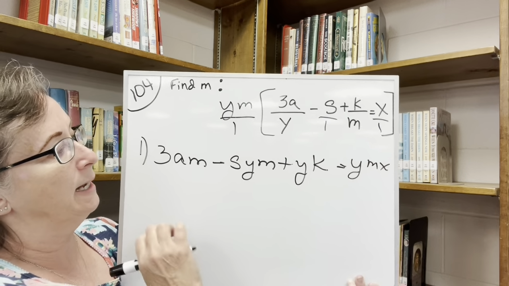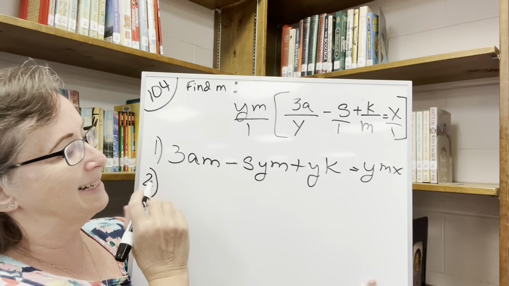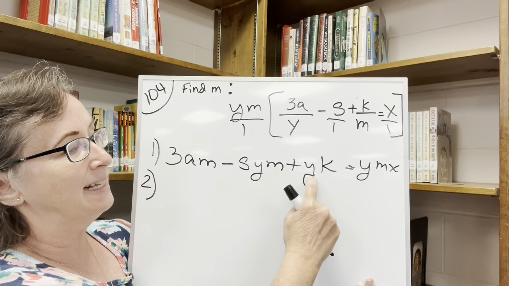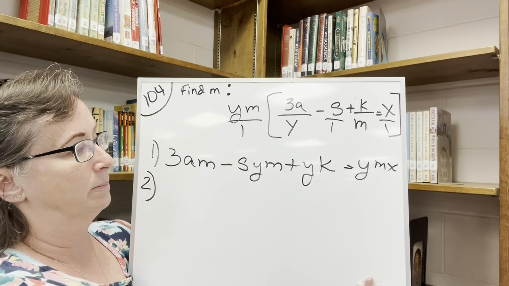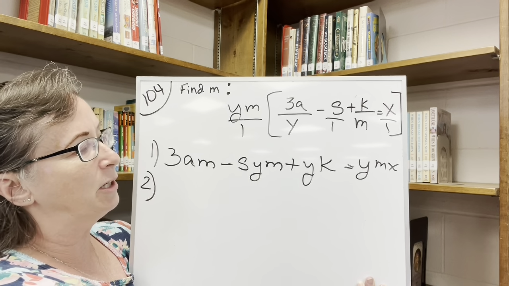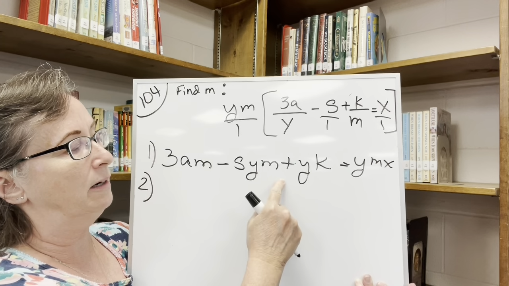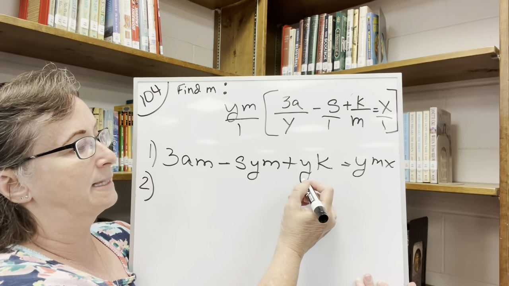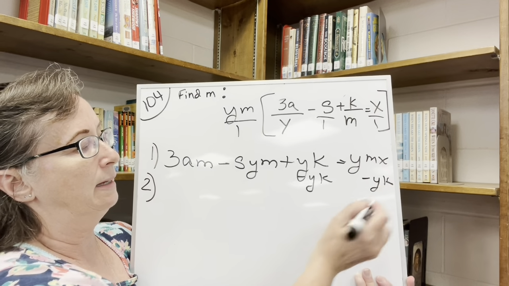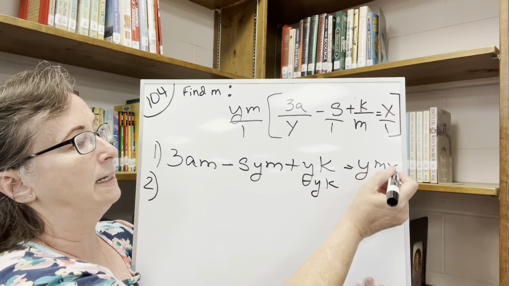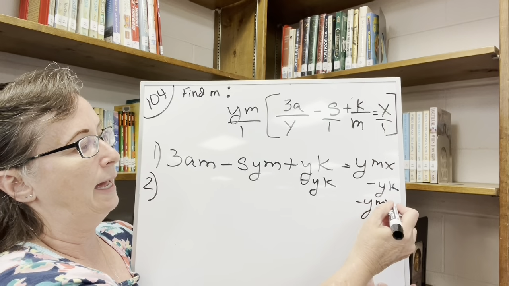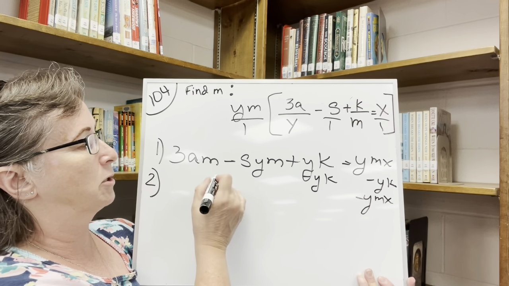And we're solving for m. So step 2 is to get all the m's on one side. Now I already have an m and an m. This is a yk and this has an m. Okay, so I'm going to have to do a little bit of juggling here. I'm going to go ahead and move this one over here and this one over here. So I'm going to say minus yk, and then minus ymx, and then over here, I'm just going to put minus